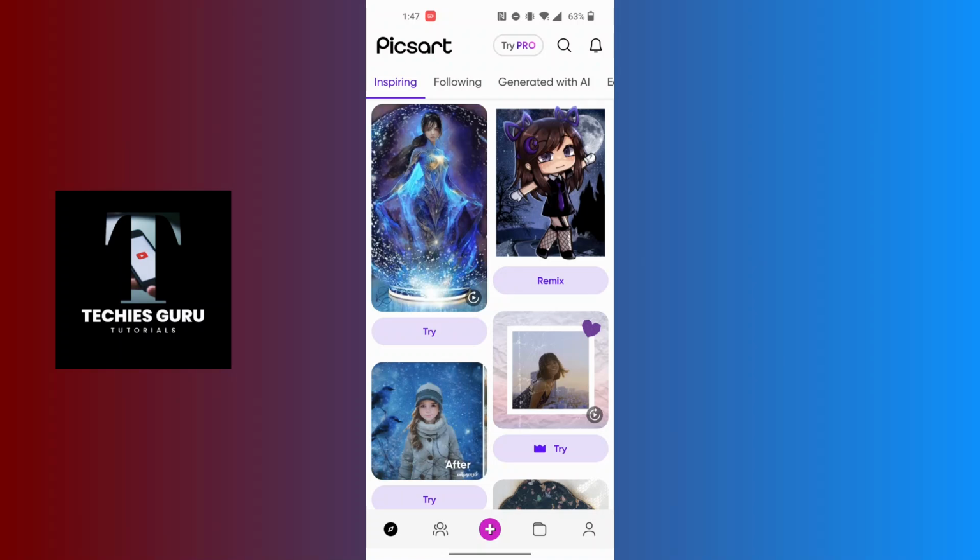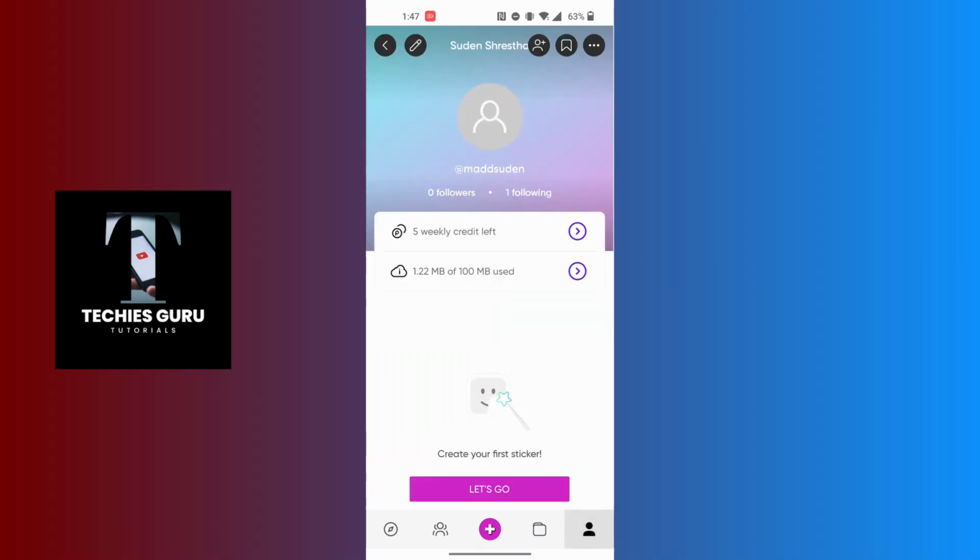Now to add your Instagram link in your Picsart profile, first open up your Picsart app on your phone, and after opening your Picsart app guys, you land on this interface, which is the home interface of Picsart. And on this interface, at the bottom right corner of the screen, you can see the person or profile icon available for us. Tap on the person or profile icon at the bottom right corner of the screen, and you